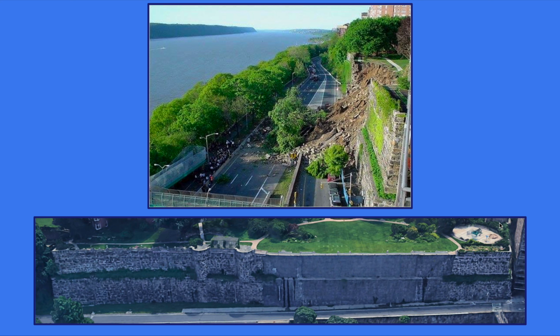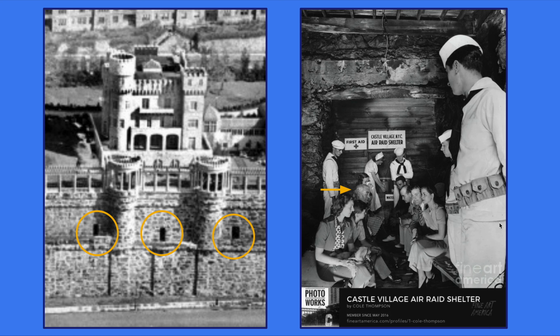A section of the original retaining wall remains. In 2005, a portion of the wall collapsed. Fortunately, no one was injured. The wall was repaired, and it is evident now which part of the wall is old and which is new. Speaking of the wall,